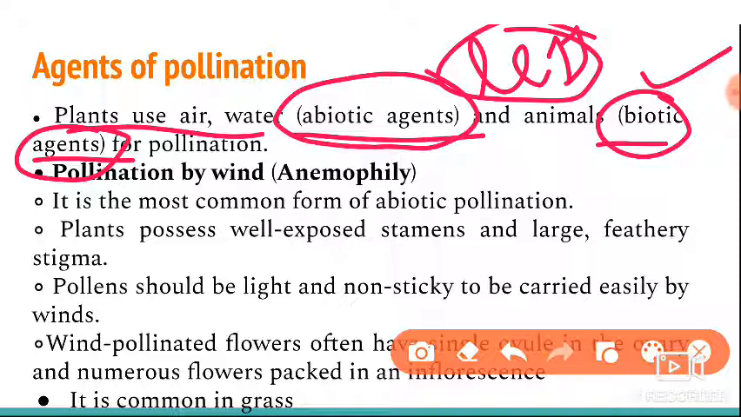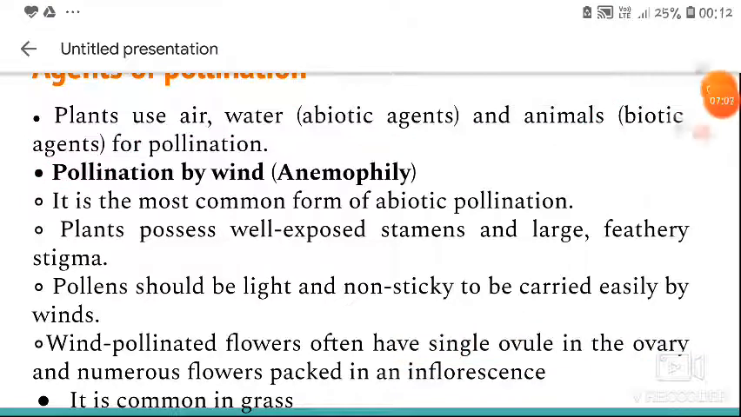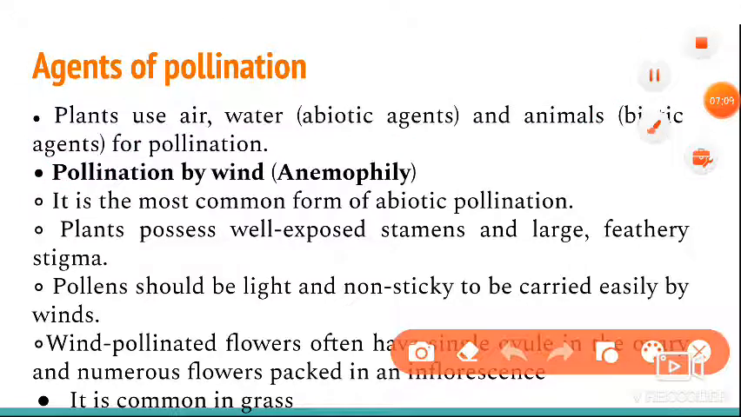Okay, n number of pollen grains they are going to produce for a single ovule or single ovary. They will produce n number of pollen grains. Okay, and among these two, we'll study one by one. In abiotic agents,